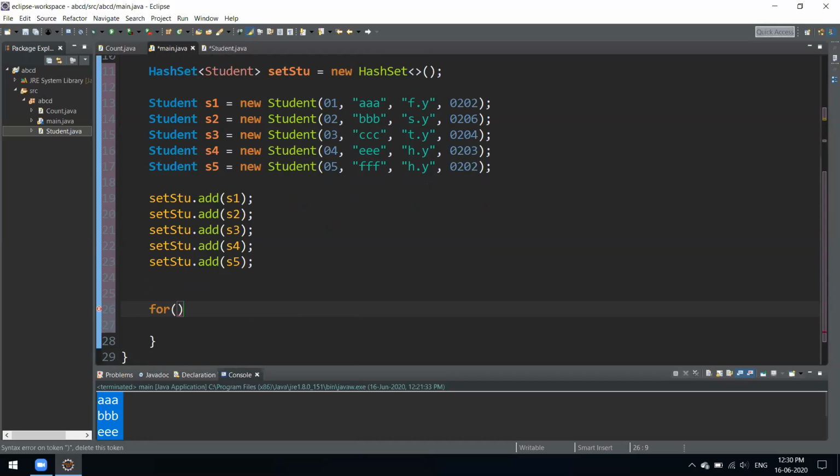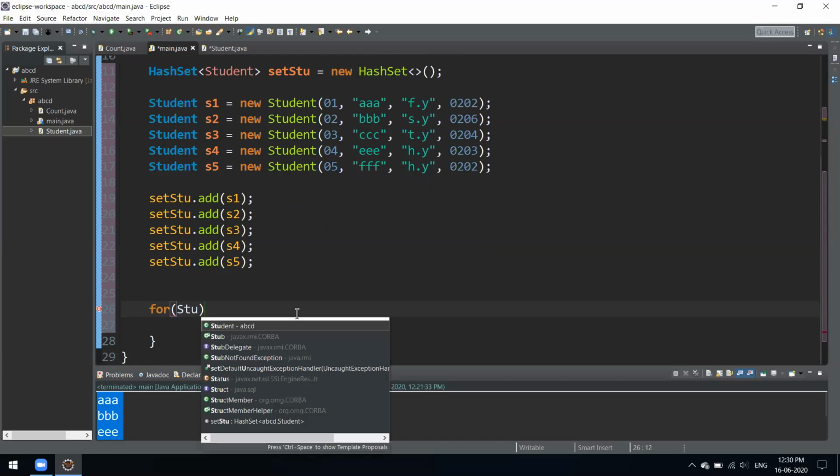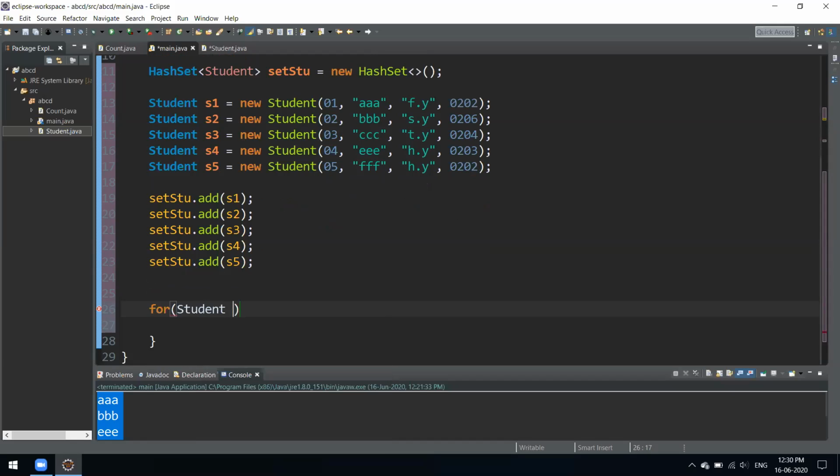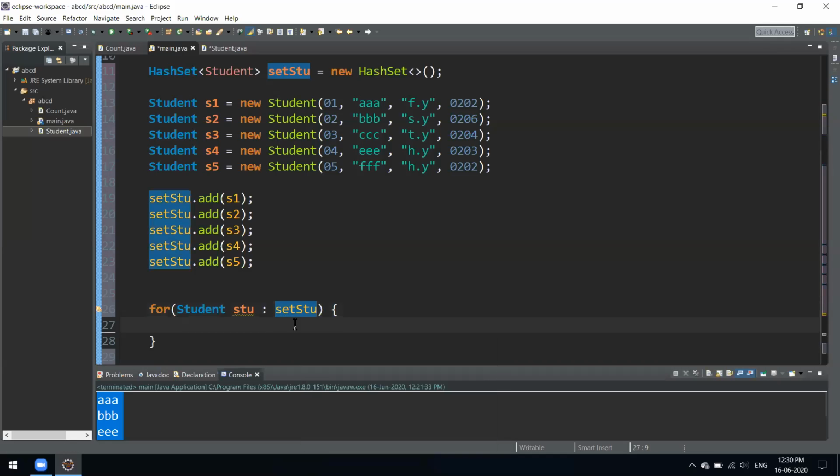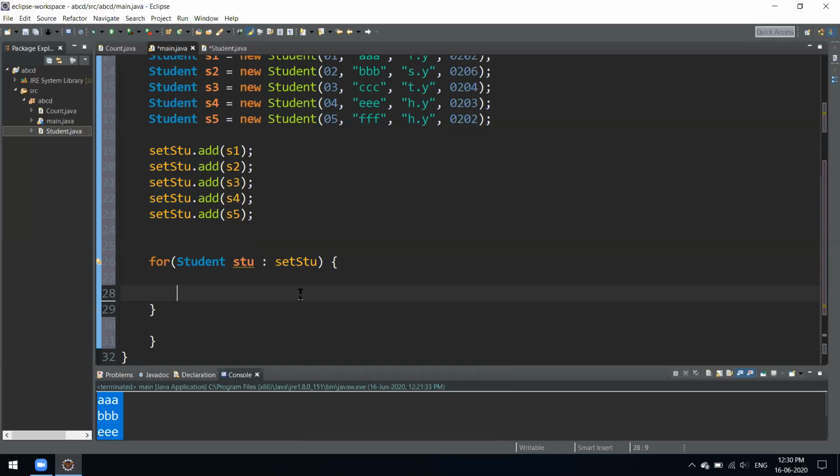We've been using an iterator for a long time. So we have a student collection, not collection, we have a student array kind of thing. So now we can use that, okay, and we could just name it set. Yeah, so this is it, okay. Now every time it goes inside that, we could just print whatever we have over there.